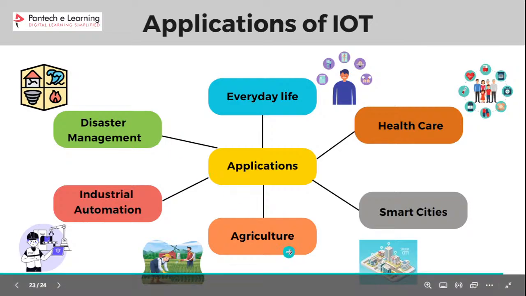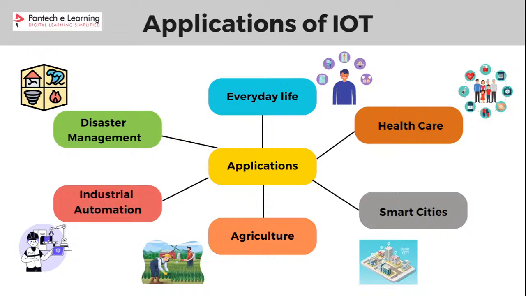So now coming to agriculture. Manual handling often results in loss of energy, labor costs and other inaccuracies, which make the whole process less effective, right? So IoT here provides a number of solutions like precision farming, smart irrigation and smart greenhouse. There are sensors detecting various parameters at each level of soil, such as moisture content, temperature and weather condition. So one can tell the correct depth to plant the crop or the right time to water them.